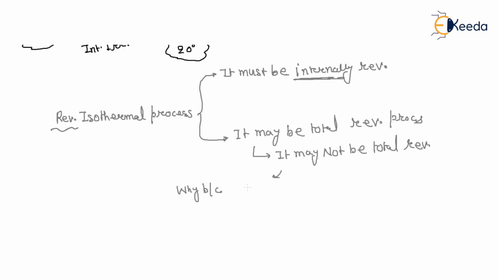But if this is our system and this is your heat rejection, if this heat rejection is at a very high temperature, that means this temperature T1 is very much less than TH. So though it is internally reversible, it is externally irreversible,